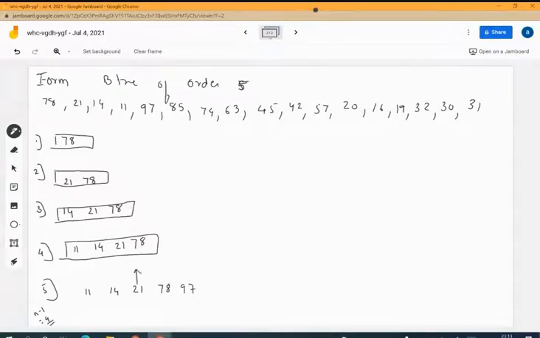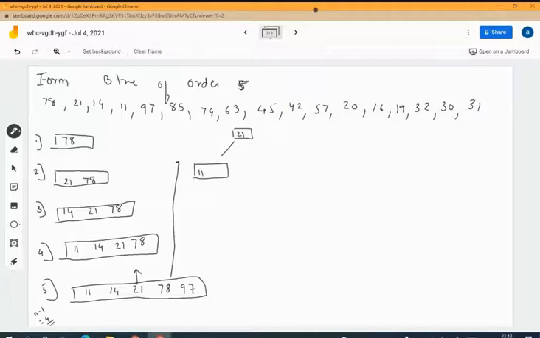उस केस में जो सेंट्रल एलिमेंट है उसको हमें पुल करना होगा. So when I pull this, my condition of this will change: 21 will come at the top. Towards my left it will be 11 and 14. Towards my right it will be 78 and 97. Even though I had inserted 97 as an element, now after pulling this, because this was not satisfying the condition of my M-Way tree, I have got it towards the right side at 78 and 97.